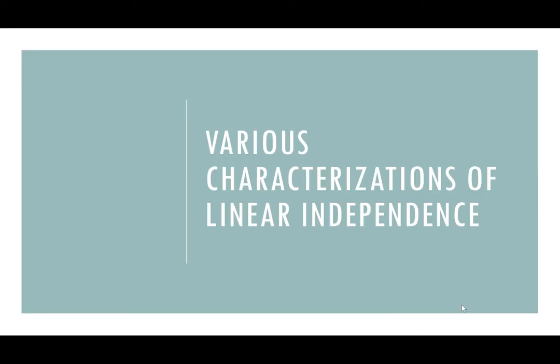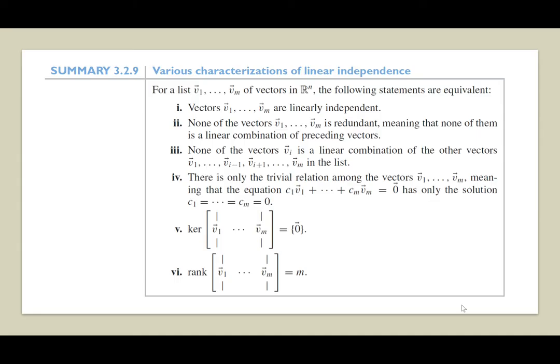All right, various characterizations of linear independence. This is where we're going to end. Something that I really like about your book is that it gives you these summary tables. It's been doing it at the end of several sections now. It gives you a summary, a way of organizing some ideas that we've seen, because there are a lot of different concepts floating around, and some of them are interrelated. Your book does a nice job of gathering these so you can get them all in one place. And it's a really great test of your understanding to see if you can understand why all of these